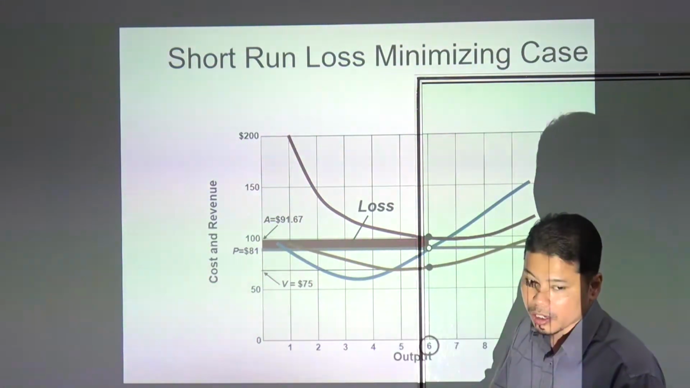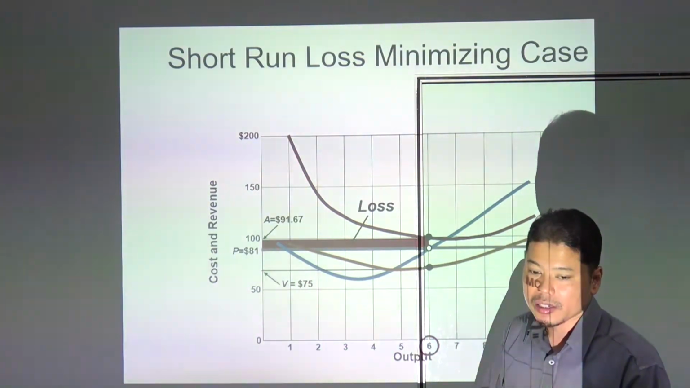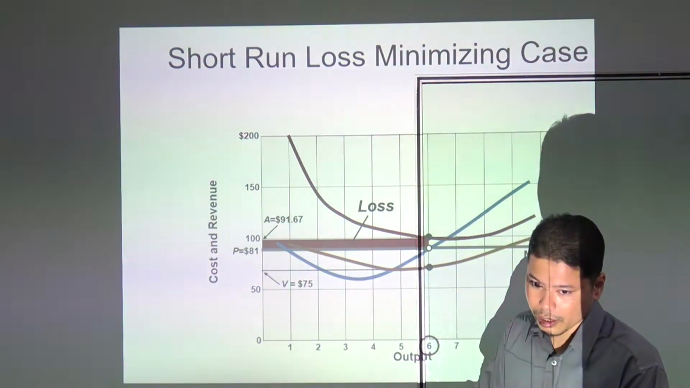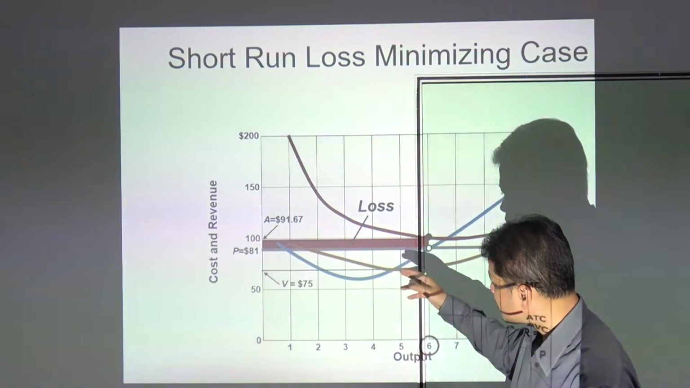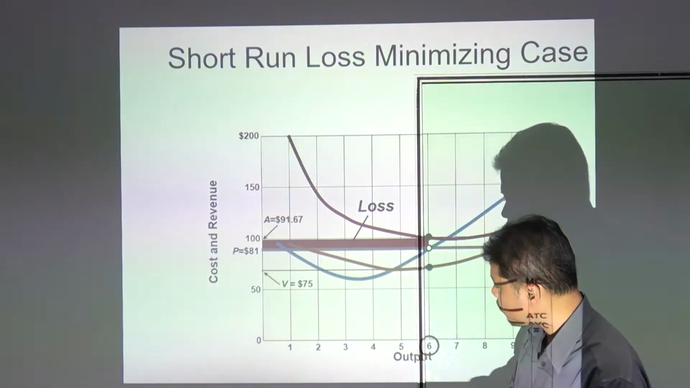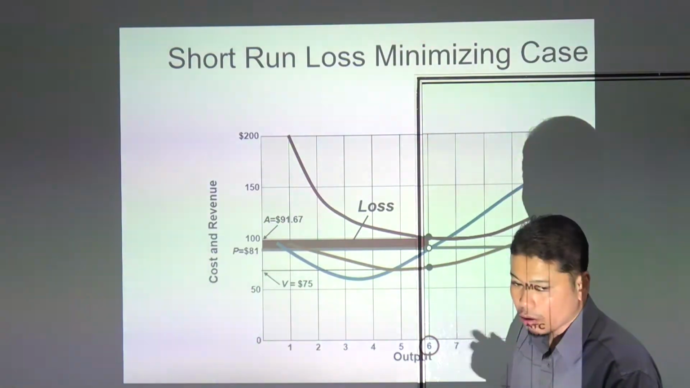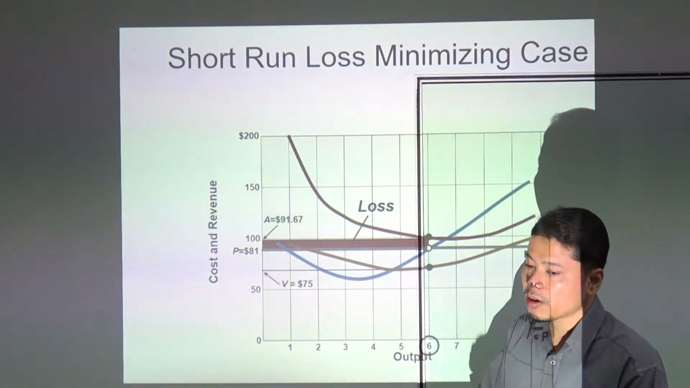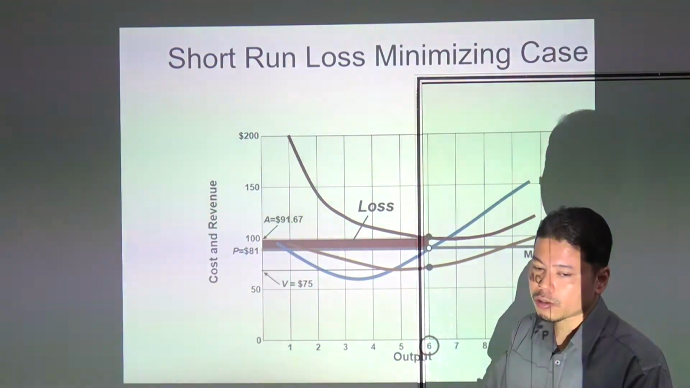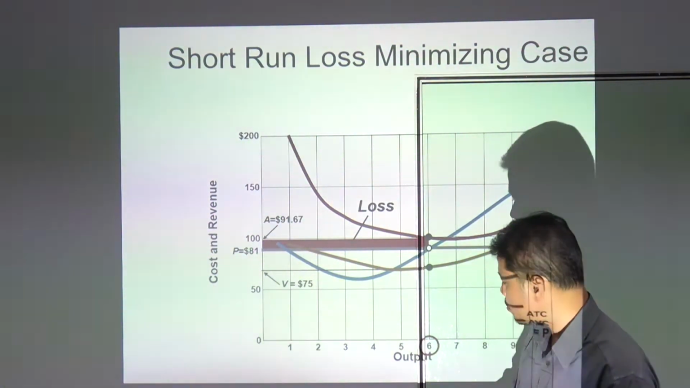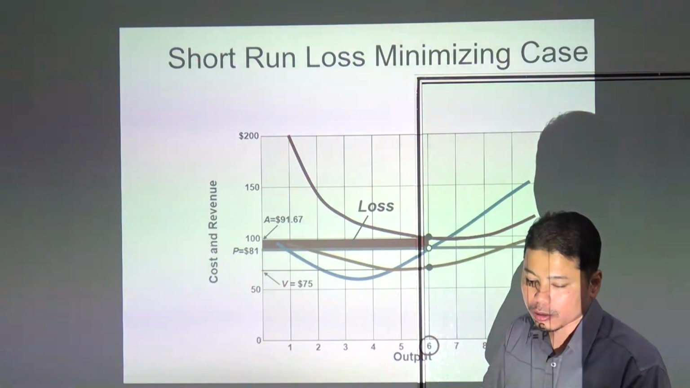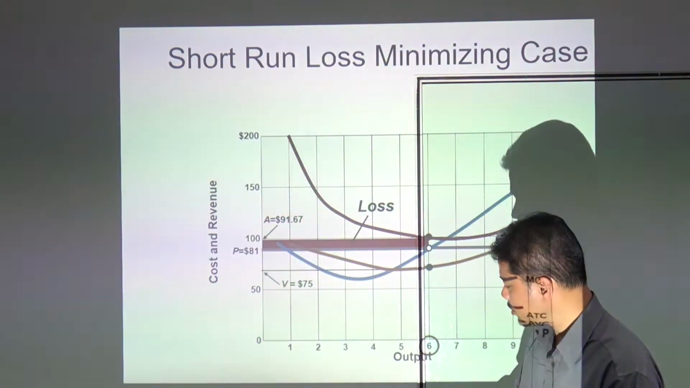When the price is above average variable cost, it means that the firm is able to cover all variable costs and part of the fixed cost. Since the price here is above average variable cost at 6 units of output, the firm is able to cover all variable costs plus some part of the fixed cost. So because the price is able to cover some part of the fixed cost, when the firm continues to produce 6 units, the total loss of the firm will be less than the total fixed cost, which amounts to $100. In other words,